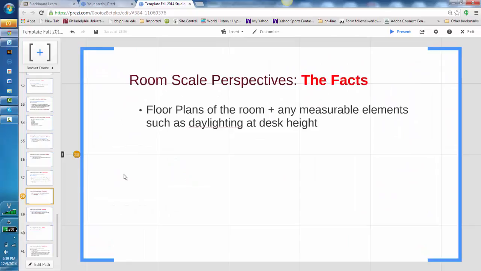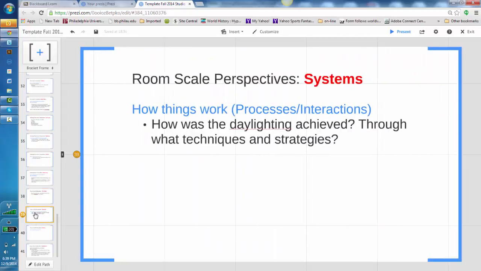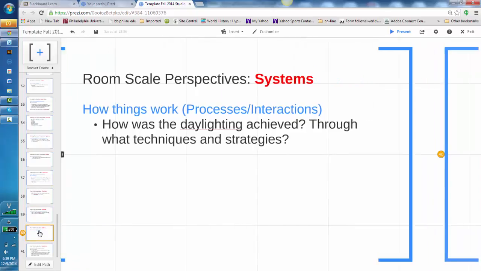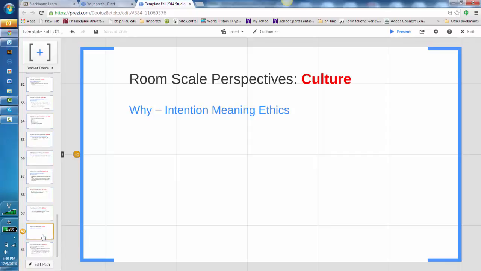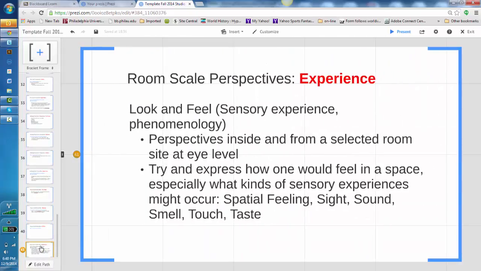And then for those of you who could get to the independent project, we want to do the same thing at the room scale, where the students did an independent investigation, usually of daylighting, of how they could begin to do that. So here you would see some of the foot candle measurements that the students were able to receive. And here is how did they achieve those foot candles that were so well diversified and spread out in the space. We'll look at some of the room design itself on how that reinforces the culture. You wouldn't expect to see desks lined up in a room here. And finally, some of the sensory experiences at the scale of the room. And here I actually spell them out for you.